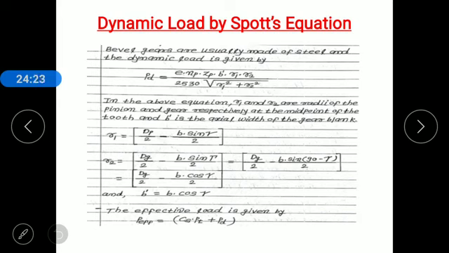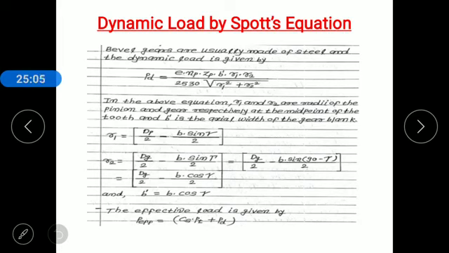R1 is the mean radius of the pinion, that is dp by 2 minus b into sine gamma divided by 2. Gamma is the pitch angle for the pinion. R2 is the mean radius for the gear, that is dg by 2 minus b into sine lambda by 2. Lambda is the pitch angle for the gear. That relation we modify: dg by 2 minus b into sine of 90 minus gamma. Sine 90 minus gamma is cos gamma, and therefore the mean radius for the gear is R2 equal to dg by 2 minus b cos gamma divided by 2, and the axial width of the gear blank B dash is equal to B into cos gamma.